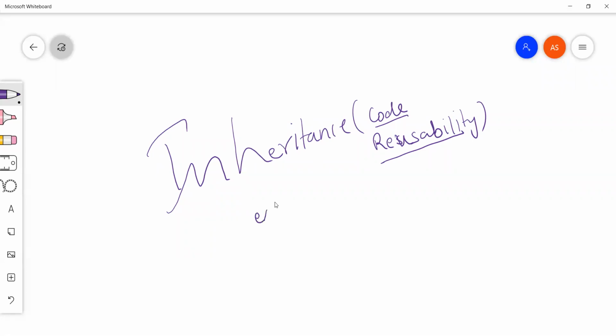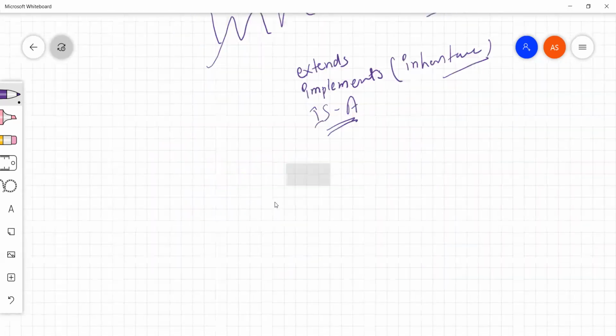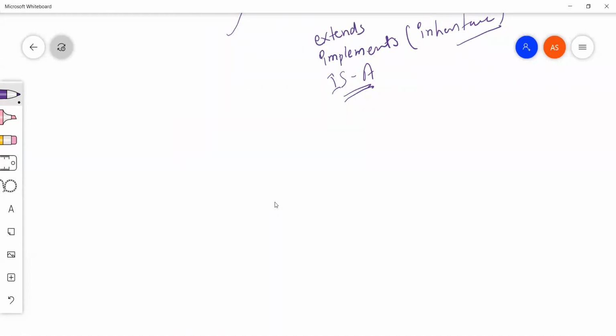We will be using extends. We'll be using implements, but I would say that is not for inheritance. We'll be studying the is-a relation inside this. So what basically is-a means, let me take an example.